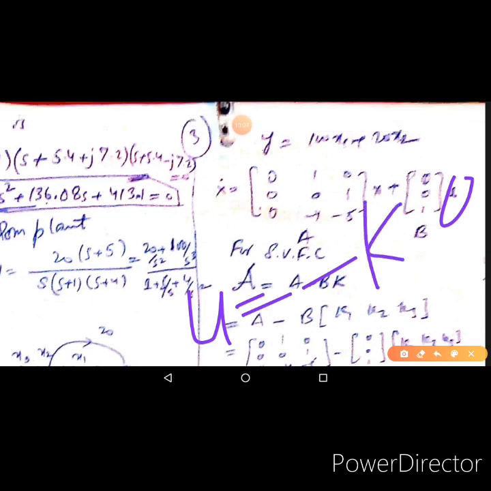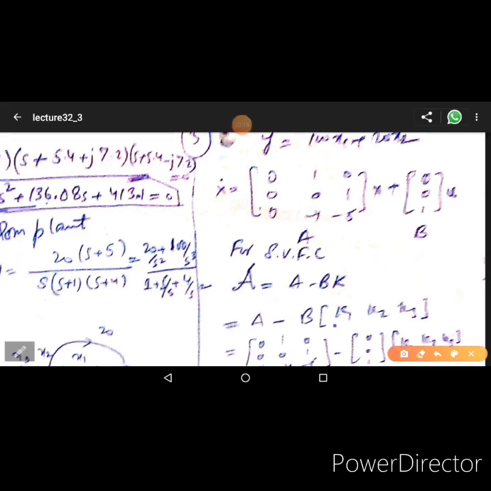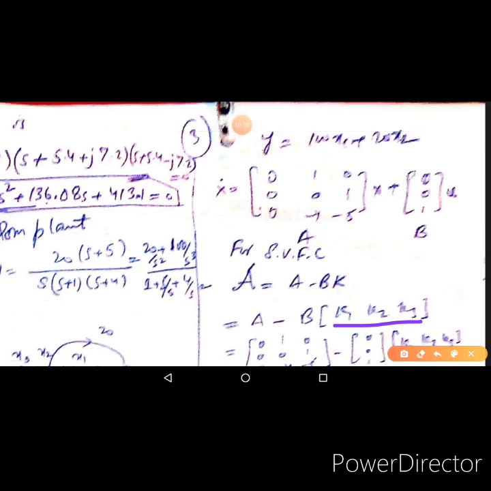माइनस के एक्स। एक्स हमारा स्टेट वेक्टर हो गया, x1 x2 x3 वाला। K एक मैट्रिक्स होती है जो एक रो वेक्टर के बराबर है, जिसमें k1 k2 k3 है। इसकी एक रो है, 3 कॉलम्स हैं। थर्ड ऑर्डर सिस्टम है इसलिए 3 कॉलम्स हैं और एक रो होती है हमेशा K मैट्रिक्स। ये कंट्रोल लॉ इम्प्लीमेंट करेंगे, यानी u की जगह माइनस के एक्स रखेंगे तो हमारे पास एक जो सिस्टम बनेगा, यानी कि ये स्टेट वेरिएबल